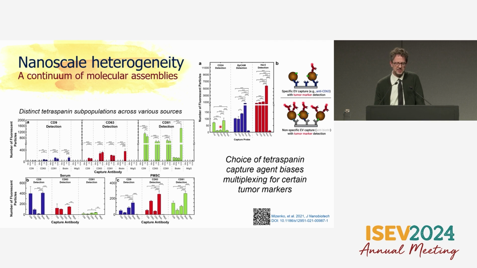If you're using tetraspanins to capture EVs and then looking for co-localized biomarkers, these are just some generic cancer ones, CD24, EpCAM, and HER2, it actually depends on which marker you capture if you're biasing yourself towards the individual markers. So you see CD24 in these patients was more correlated with CD81. So if you had pulled down by CD63, you wouldn't have seen that at all and probably concluded that this patient didn't have any disease burden. HER2 seemed to be more evenly expressed across them. And that last bar, this fourth bar here, is for nonspecific capture of just biotinylated EVs through nonspecific capture of amines, and that was consistently the highest on all of them.